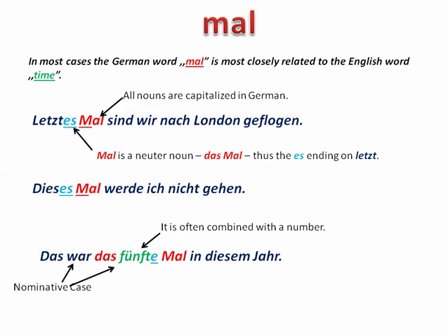In this particular case, war is going to put mal in the nominative case, because it is basically the predicate nominative. And then the e here is fulfilling the role of an adjective ending in the nominative case. So if that's a little too complicated for you, then you need to really go back and look at the cases so you understand them. That's really critical in German, and it's what I would say we learn pretty quickly, at least in year 1, what cases are and how to determine when a noun is in a specific case.